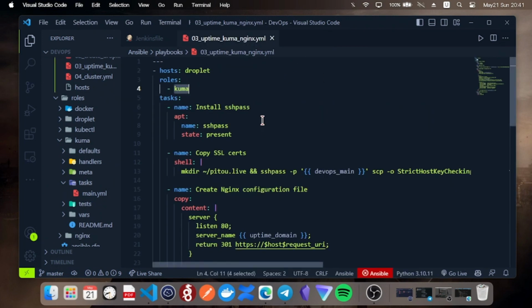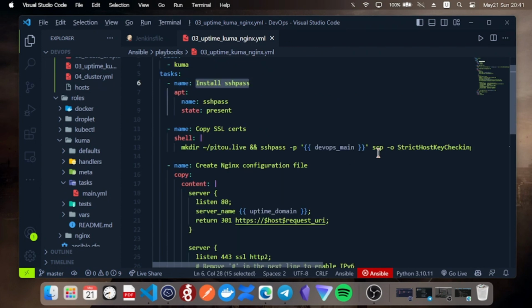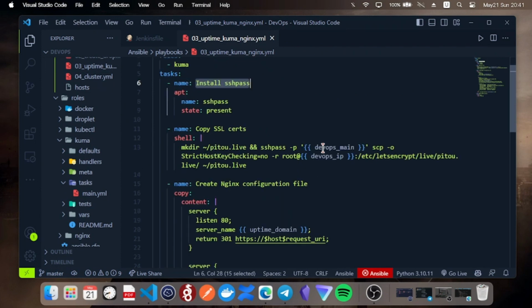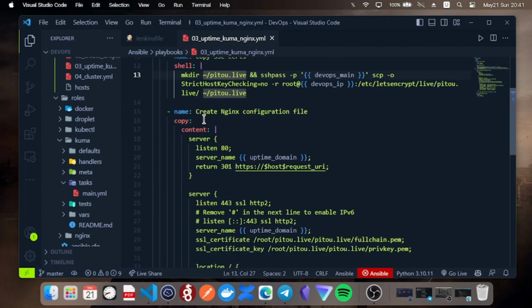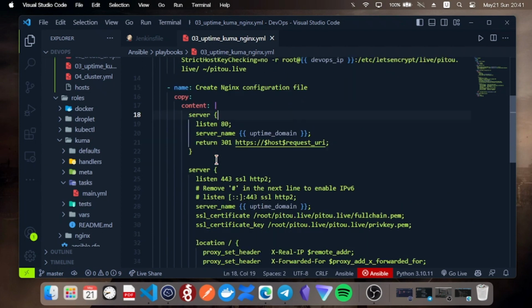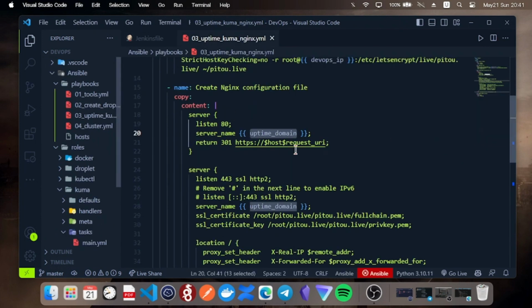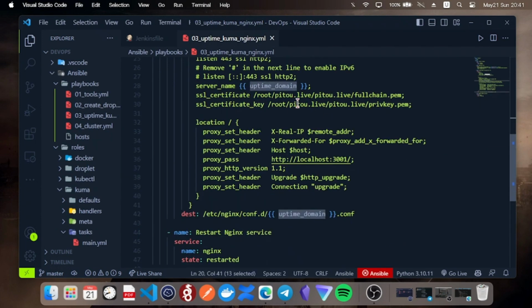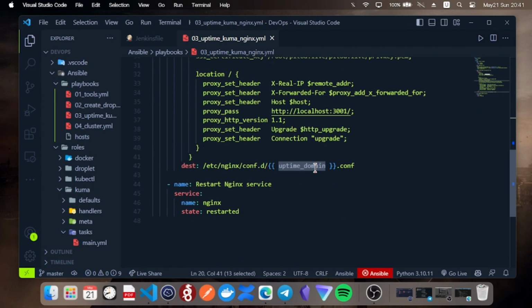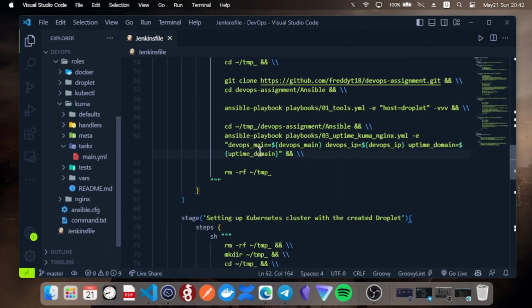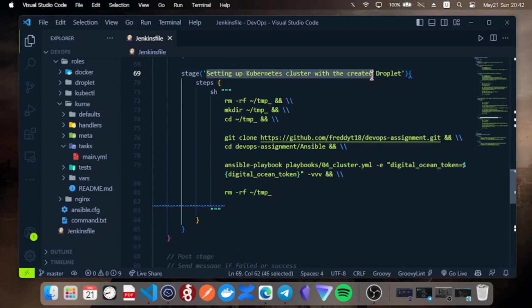Okay, so in the main YAML of Kuma, it's basically just using Docker to bring it up. And then I copy the SSL certificate from my main server using sshpass, because I cannot expose my configuration or the SSL configuration, so I have to copy from my main server. And then, as you can see here, it takes the domain from the input, and then it configures the file in a .conf